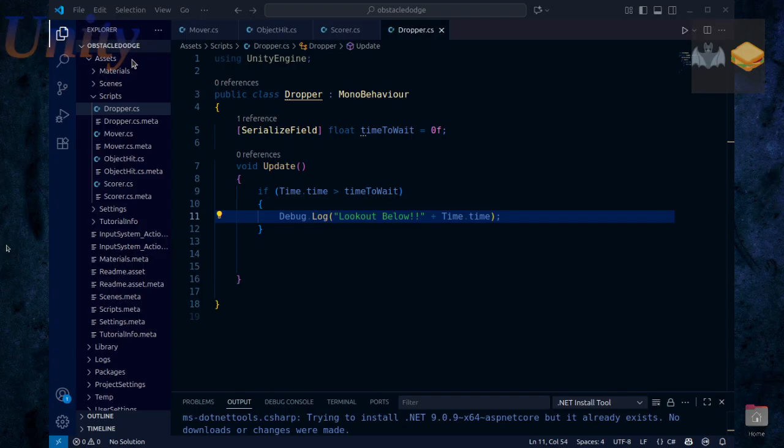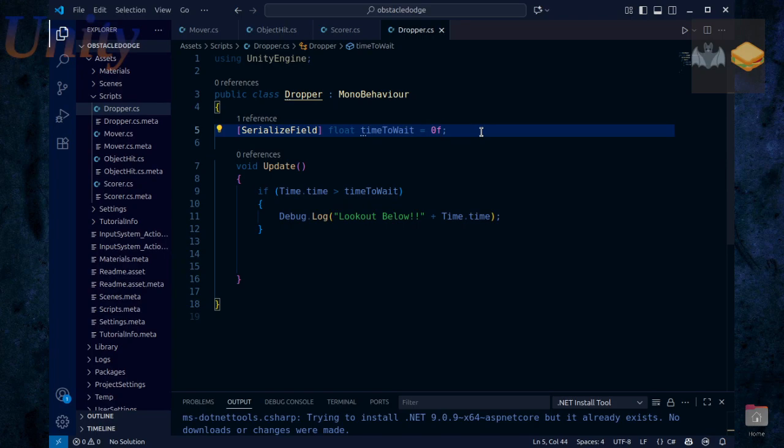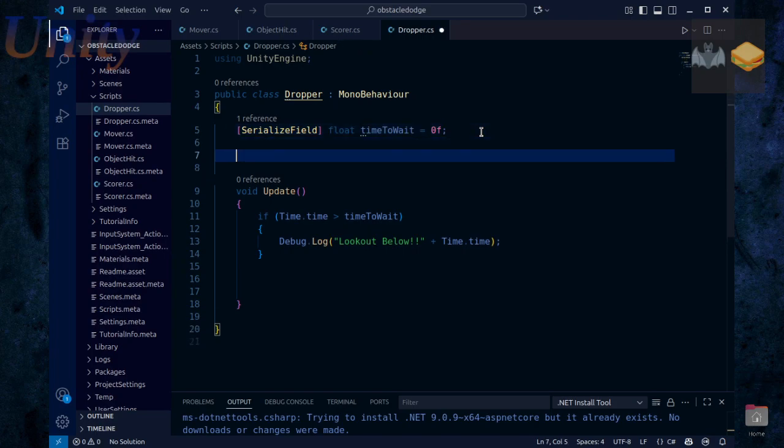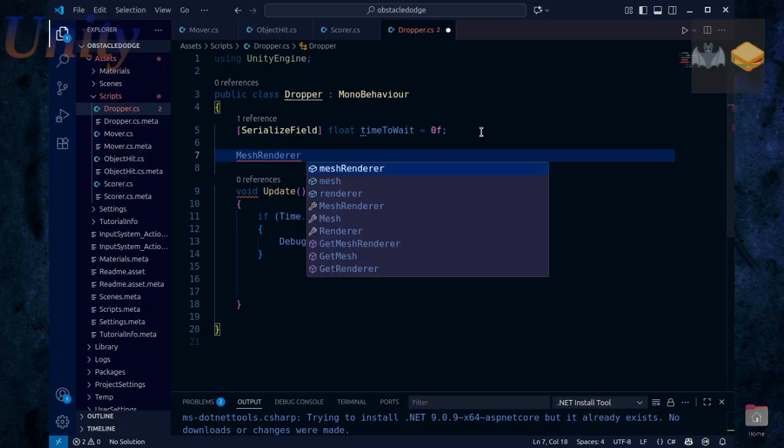So let me close that. Bring back our dropper script and bring back the mission objective. Okay, so what we're going to do, we need it to access that mesh renderer, right? So that's our component we want to access, and we're going to do that by creating a mesh renderer, and